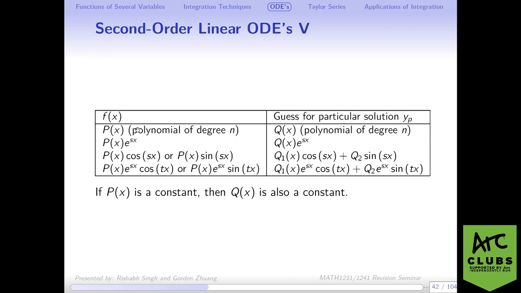So if we have a polynomial, then we'll match it with a polynomial of the same degree n. If we have an exponential, we match it with an exponential. And if we have a trig, either cos or sine, then we match it with cos plus sine. There should be an x here. But anyway,